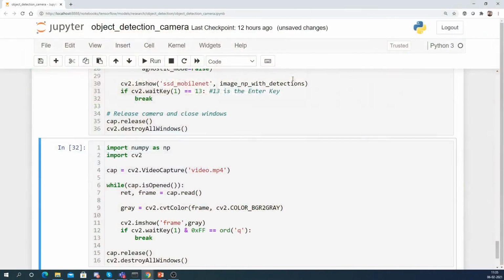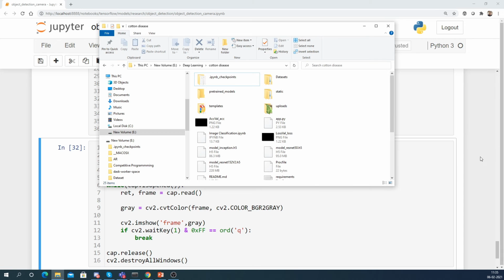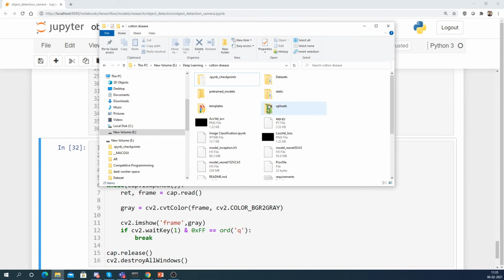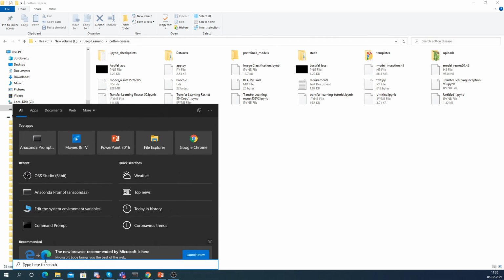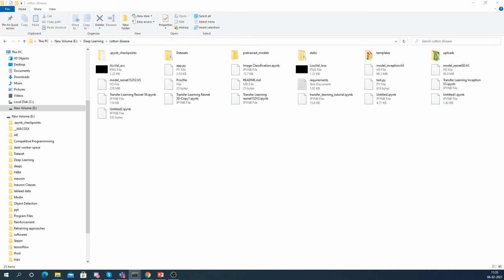If you really want to see an example of an end-to-end project, I'll just show you over here. Let me show you quickly. Now this is how your project entirely looks. You have so many files over here. Now let me run this particular thing for you. Just a second, let me run it and show you one example.